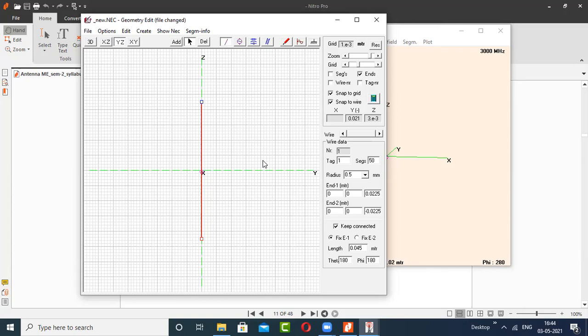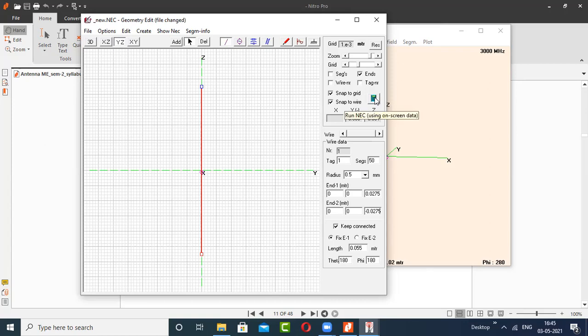Now what I will do, I will increase this length. The original length was 0.025 and 0.025, okay? So I will increase the length by 5 mm. So I will make it 55 mm. For this 25 mm, 25 mm, I should add 7.5 and 7.5 here. So you can see that the length becomes 0.055, meaning 5.5 centimeters. So I have increased the length by 5 mm.